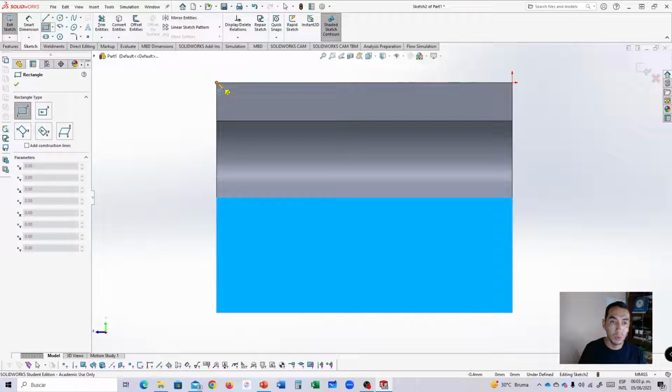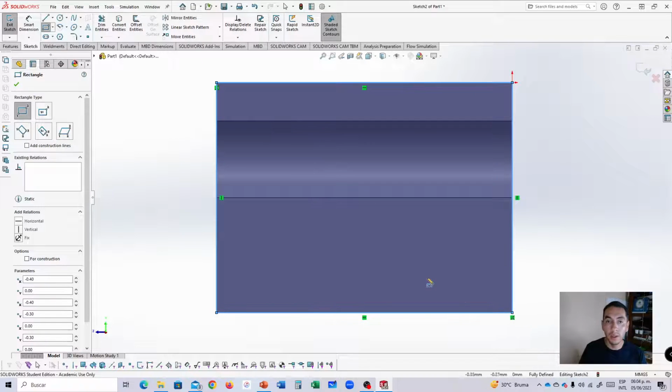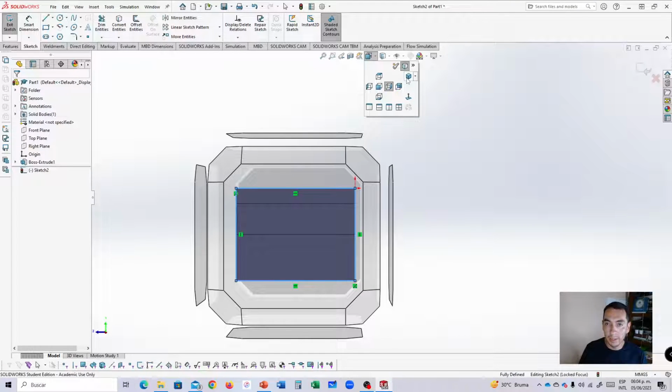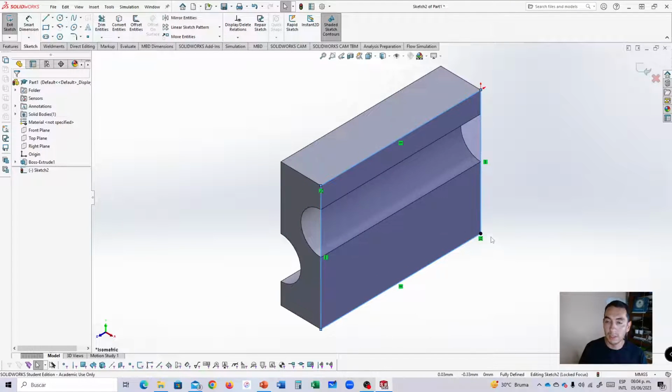and I'm going to make sure that I highlight this point. You can begin from any corner that you want, but I'm going to begin from here. Okay, I'm going to start drawing this rectangle, and you will have this shaded rectangle here. I'm going to click close dialog. If you activate the isometric view, you will see something like this, and I'm going to